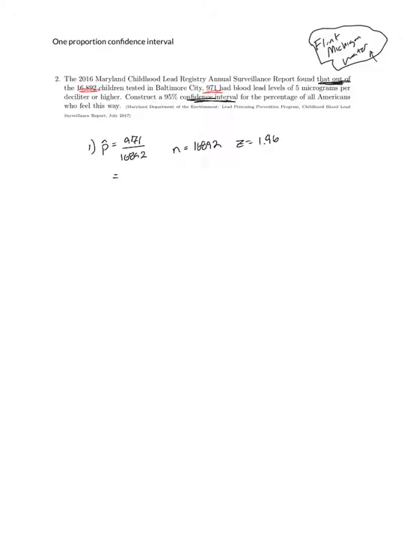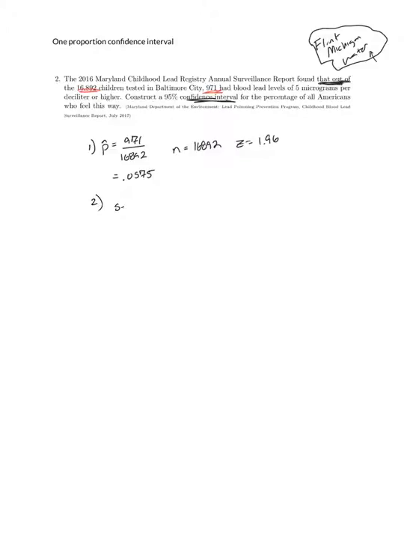When you find this decimal here, remember that we always keep 4 decimal places for it, and so here we're going to have 0.0575 on it. This is telling us that out of about the 16,000 kids tested in Baltimore City in 2016, about 5.75% had blood lead levels that were elevated. Now, once again, our goal is to generalize to all kids in Baltimore City,